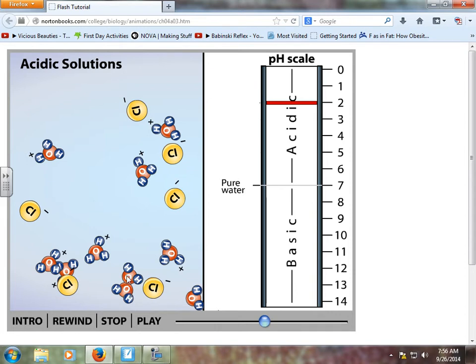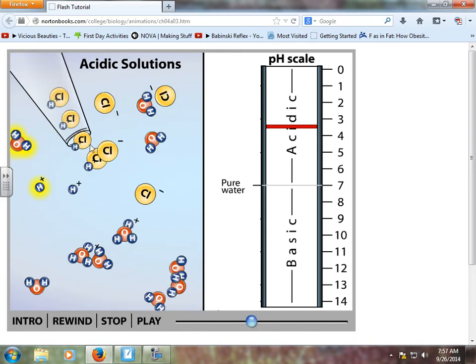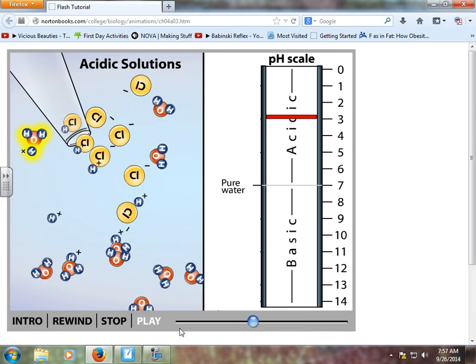All right, so basically, as that acid hits the solution, I don't know if you saw what was happening over here. My scale started to go toward the acidic side. And that's because I've got lots and lots and lots of these H3Os that have formed. Now, this little H plus is not held on tightly. It's just barely attracted to it. Okay, it's not held on like these two. It's just barely hanging on there. Okay, but that's the definition of an acid, is these H pluses are going to form these H3Os